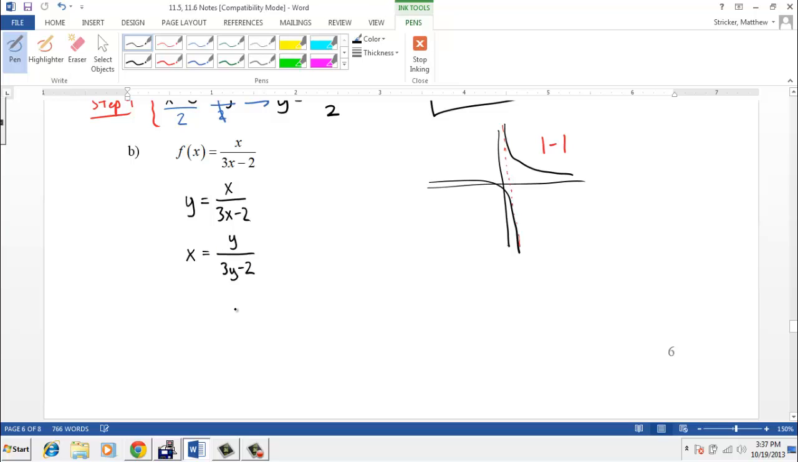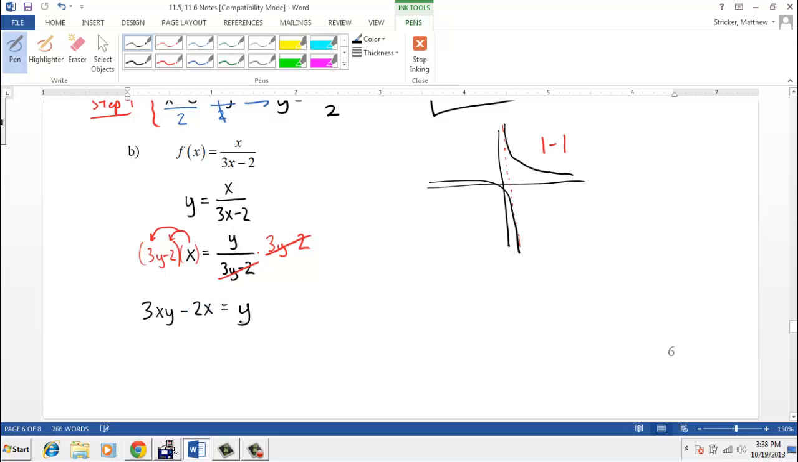And now becomes the hard part, because we need to be able to get y by itself. We need to solve for y. And probably the first thing we should do is get rid of our fractions, so we can multiply both sides of the equation by the denominator. And that'll cause this denominator to disappear, and then on this side we're going to want to distribute. So it gives us 3x y minus 2x